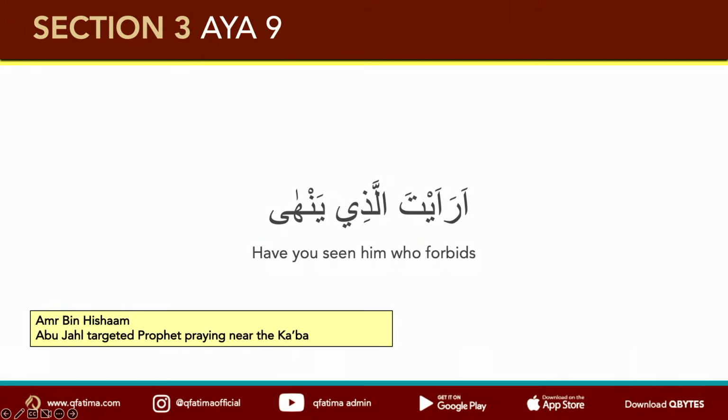Okay. Now there is a historical example. I'm going to talk about Amr bin Hisham. Very wise. He was known as the father of wisdom. People used to go to him, and he used to make some really good decisions for the Makkans. He was generous, he was wise, he was intelligent, he was good looking, and he was the Prophet's uncle. So he had everything. He had the power in Makkah.